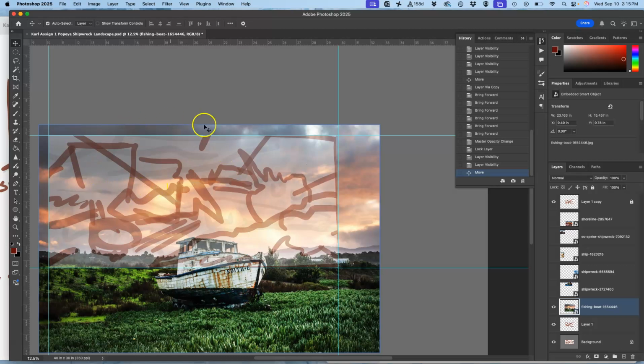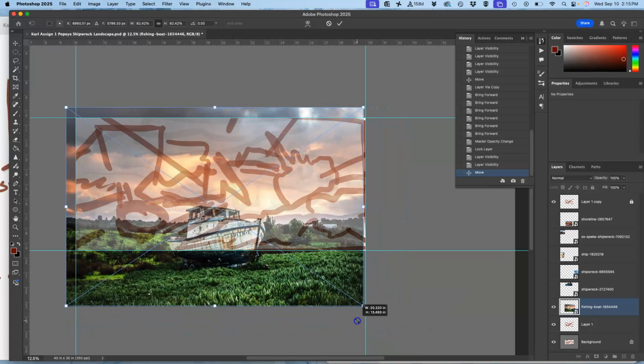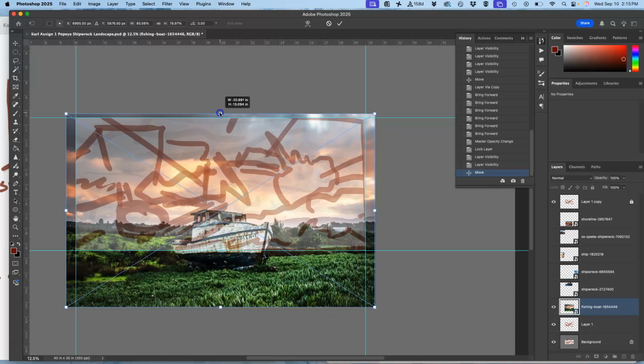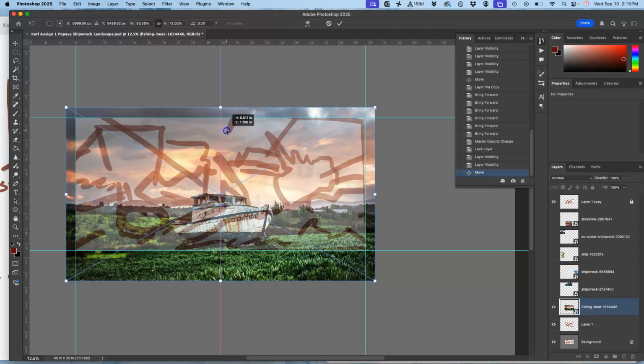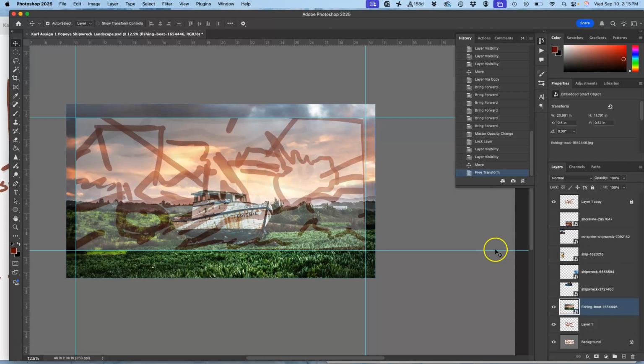So how much of the sky do I need actually showing? Well, it's all right here. That's the puzzle piece for the sky. So I can now free transform this smart object, bring it into the sky, but I want overlap. It's always good to have overlap. And if I want to squeeze it a little bit, I can. I can hold down Option and Shift, kind of squeeze that sky, move it up a little bit. There we go. Okay, the background layer, that's the only